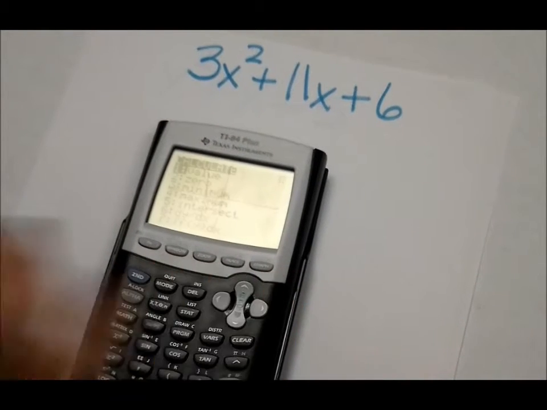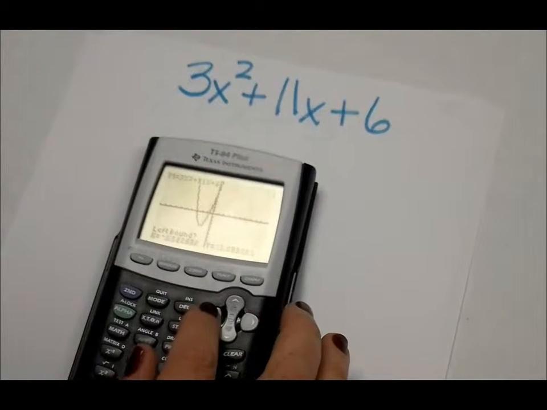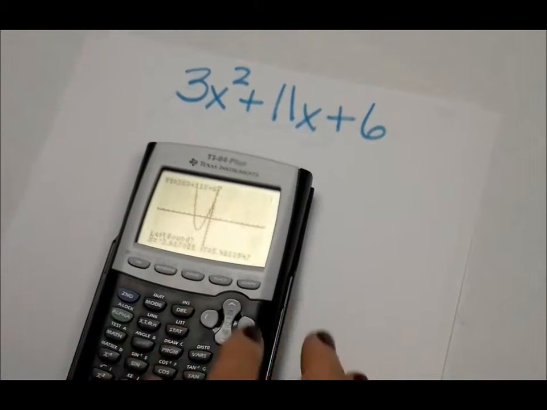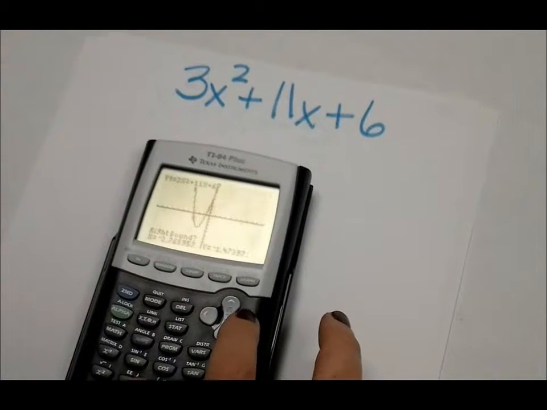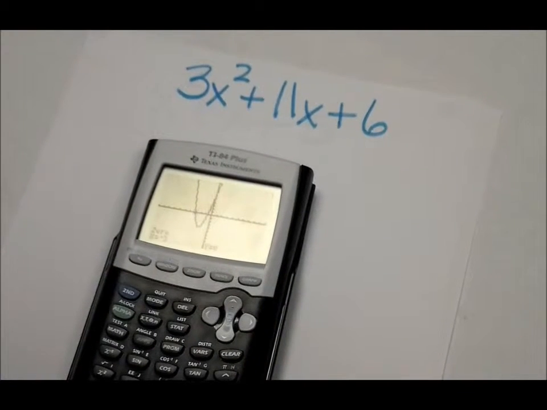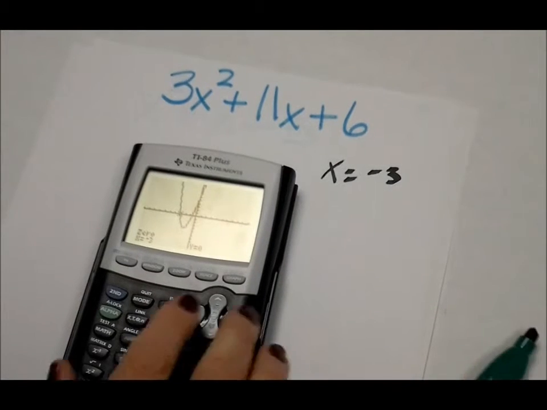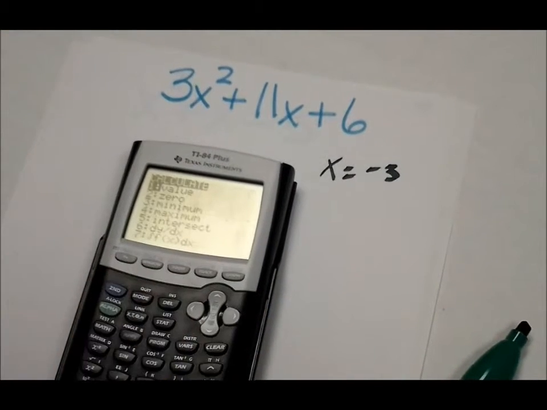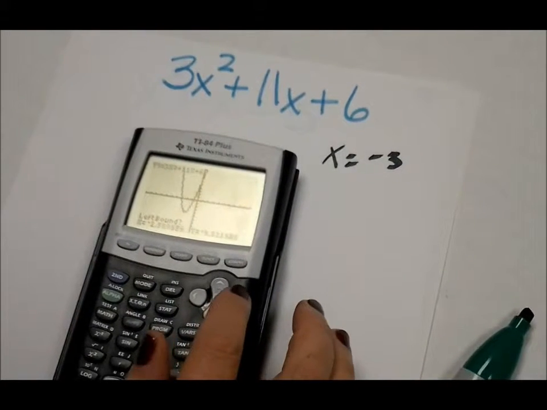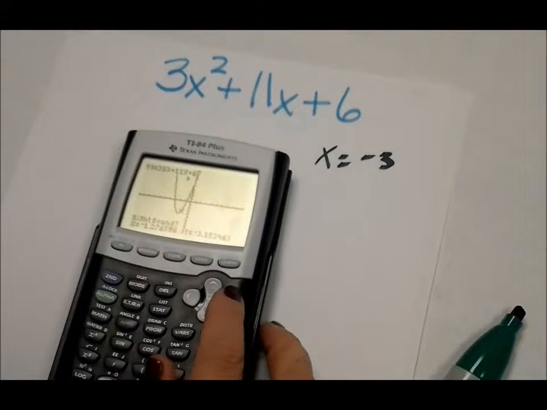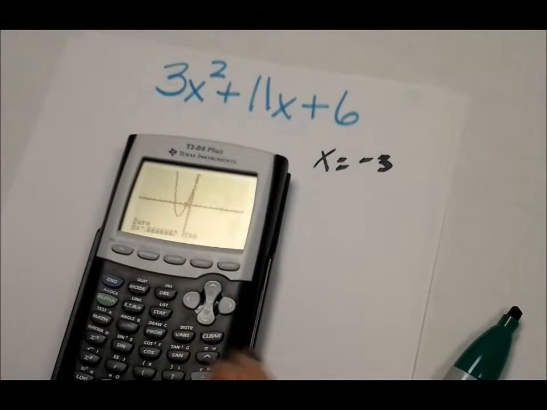So I'm going to see if I can calculate my zeros. And I've learned now it starts at 0, so you have to always go left with my little funny thing. I'm going to press enter, and then I'm going to go past the 0 and press enter again. And I get one of my zeros is x is negative 3. And when I go to calculate the other 0, I'm on the left side of it, I go past it to the right side of it, and I press enter,